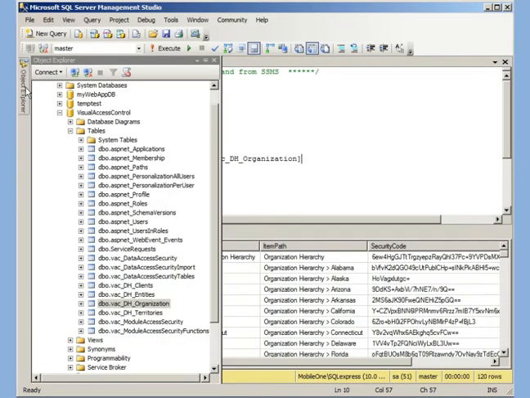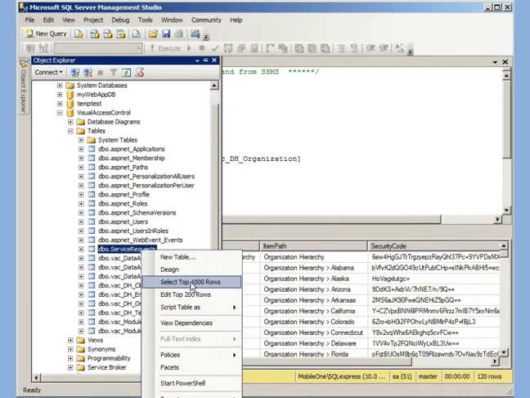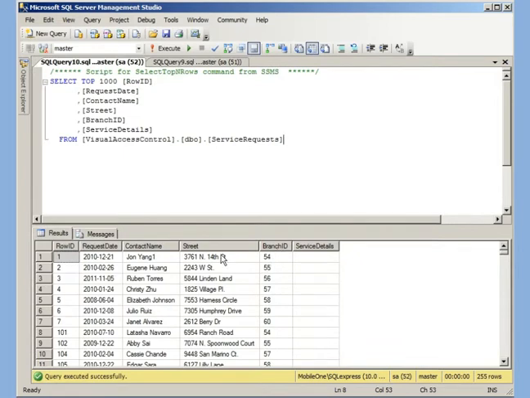In order to implement data access security in your application, you would need to join to one of the hierarchies. For instance, if we look at the service request table, you can see that the service request has a branch ID, and this branch ID joins to the item ID in the org hierarchy. So if I do join it here to the org hierarchy table, on item ID equal branch ID,